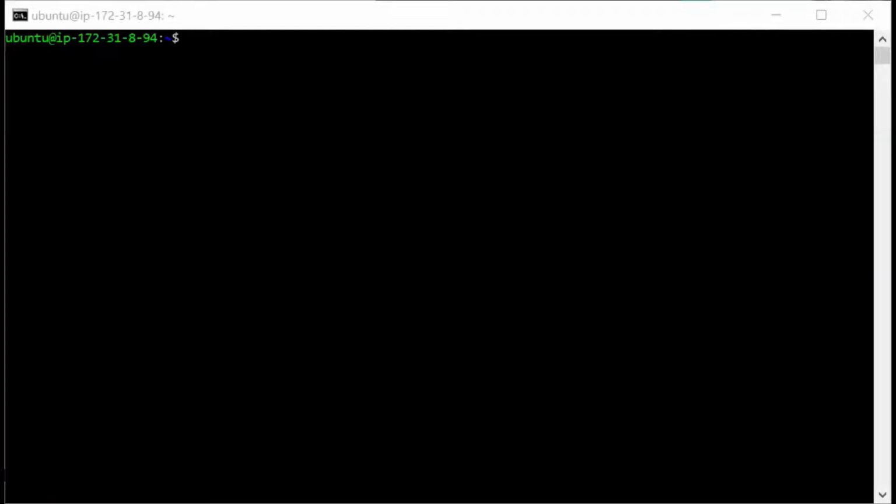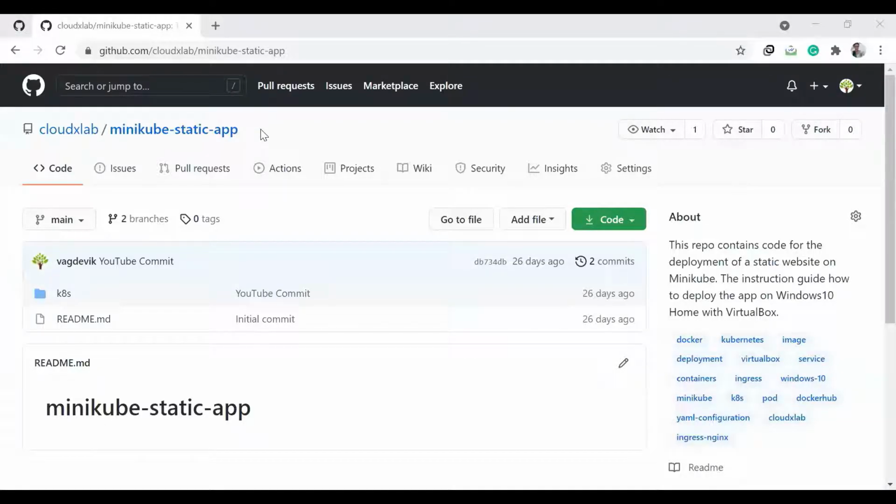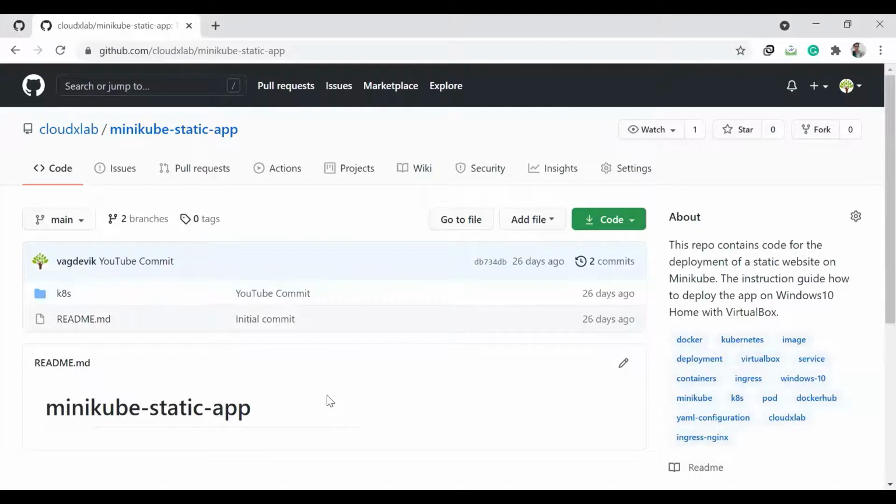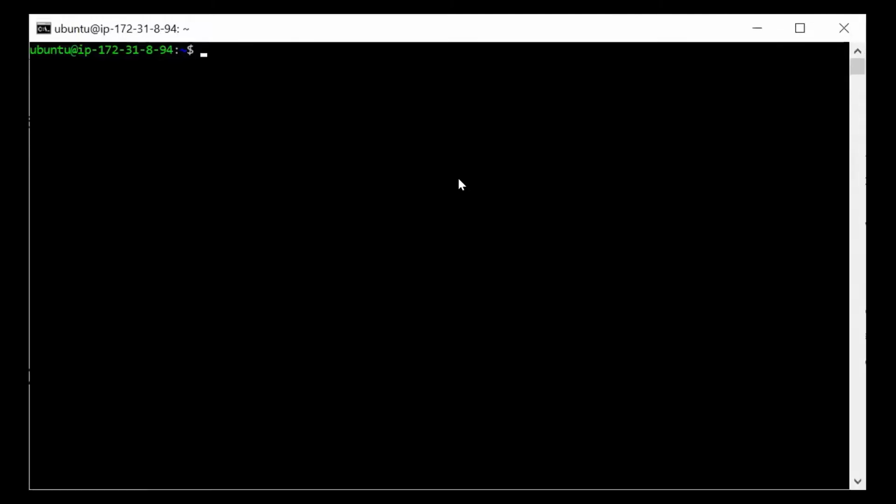Now let us proceed to getting the GitHub repository which we have used to deploy the application on GKE in our previous video, in our previous project. So let us just clone that project. If you remember, this is the GitHub repo which we have created, which we have used to deploy the application onto the GKE. So let us clone this, copy, and in the command line, like in our Ubuntu instance, git clone, paste this.